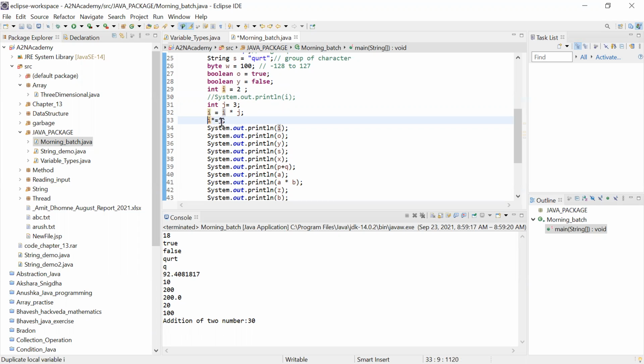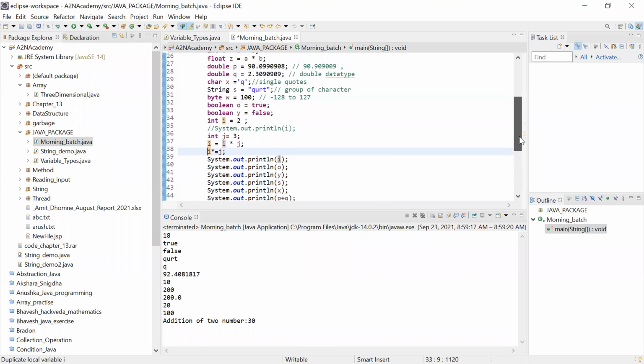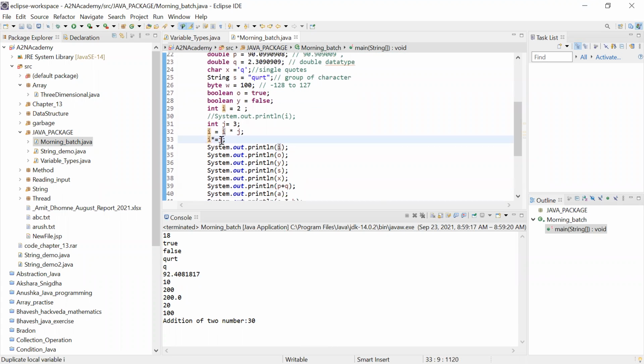One minute, I think there might be some compiler issue. Let me check once. I into j.